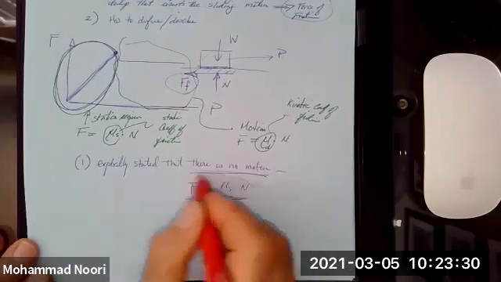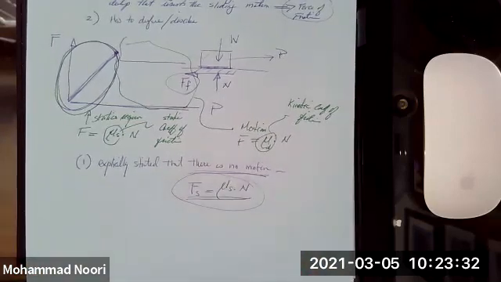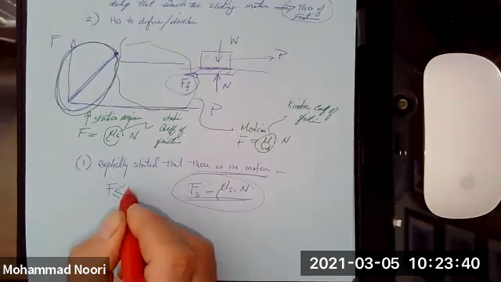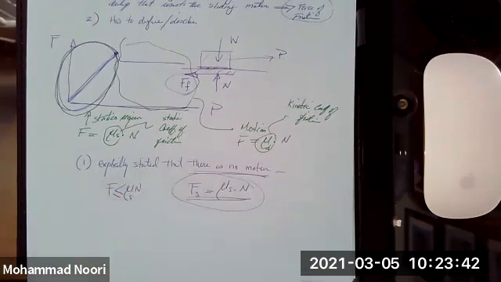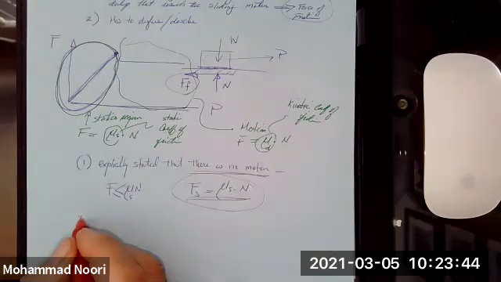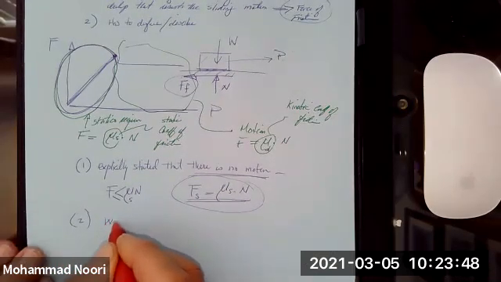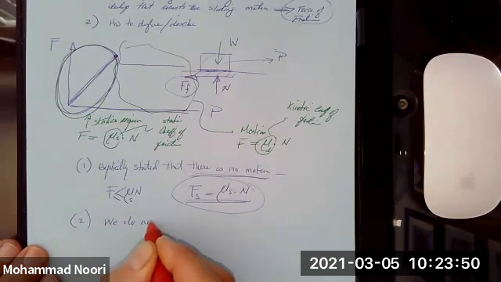And that is what we consider when the object is in equilibrium. But for the object to stay in equilibrium, this force should be less than or equal to this μs times N, right? The second type of problems is we do not know,